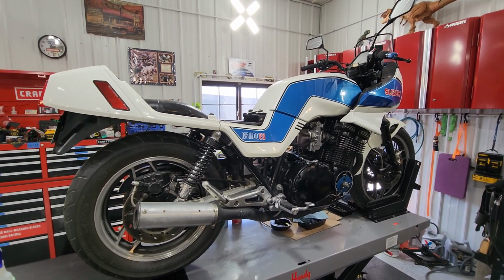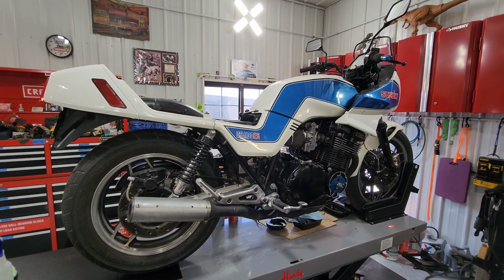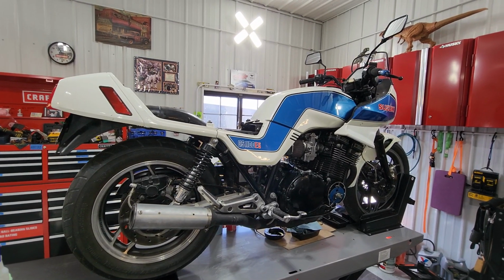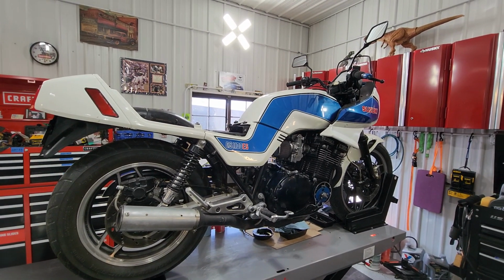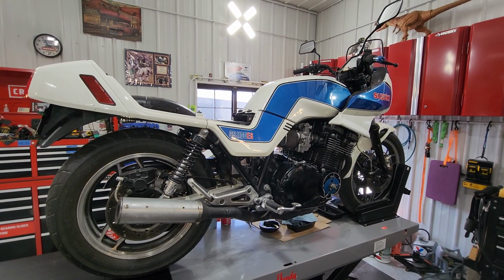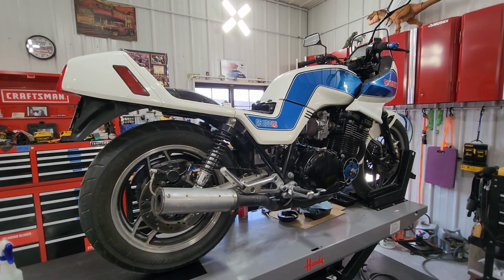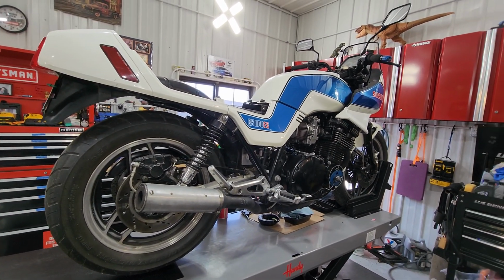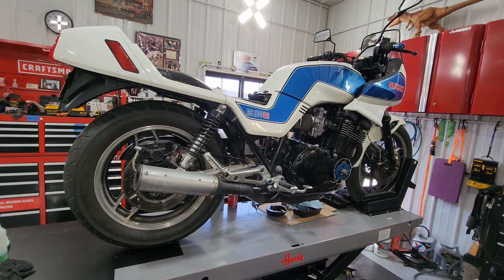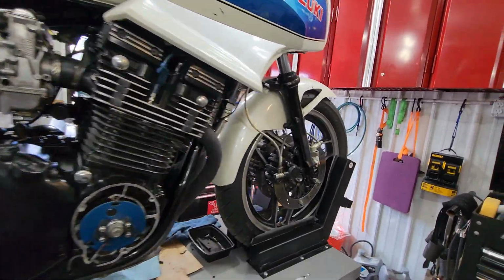And then another project that we had was this, an 83 GS 1100, one of the first years of it, and it just is an amazing bike. We went through, took the head off, did a valve job on it, put the flat slide Mikuni carburetors on it, new tires, and we had everything going. And unfortunately, we had a little failure on the lift, more human error, and it tipped over and came off the lift, and it broke